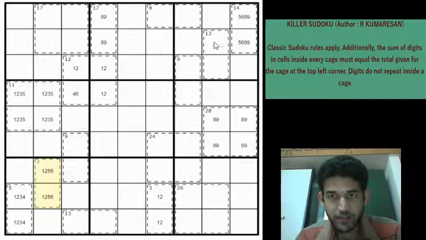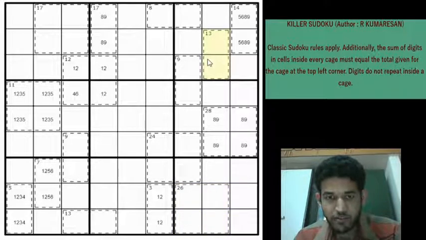Let's focus a little bit here. Let's try to interact the 13 cage and the 14 cage just like we did the 5 cage and the 7 cage, right? Because the grid is beautifully symmetric, as you can see. All the cages are neatly laid out without any givens and the grid is totally symmetric.